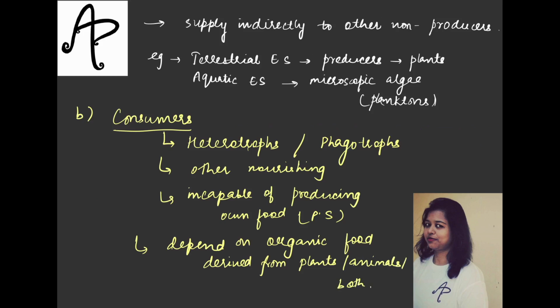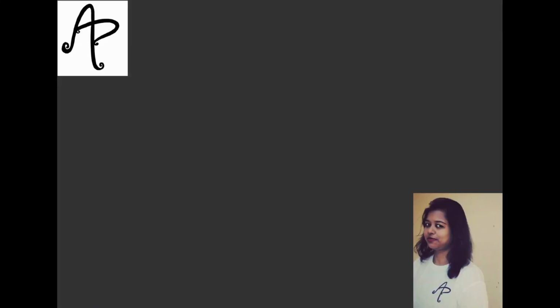We just did ki producers are the ones, like, you know, plants who are producing for themselves and animals are not producing for themselves. So how are we putting it here as an example? Because here we are talking about the consumers, not producers. So consumers can consume either the plants or animals or both. Now how will it happen? So we have different categories of the consumers basically. So if we broadly divide the consumers, we do it in two major categories. Firstly, the macro consumers. Secondly, the micro consumers.